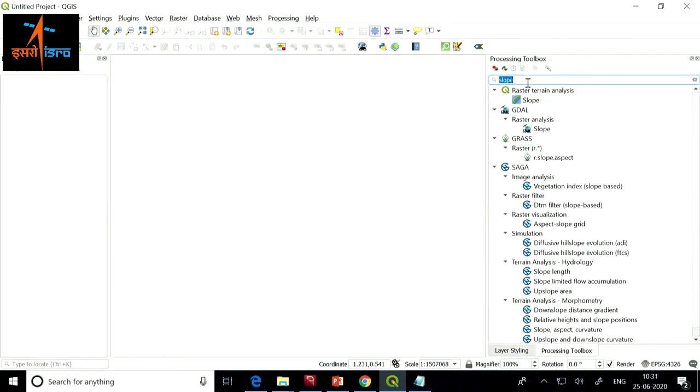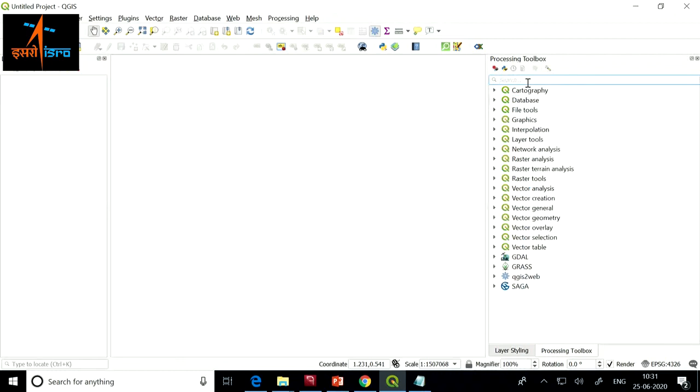You want to do some image analysis, all those options are listed here. Some of them are built into QGIS, some are borrowed from GRASS, and some are borrowed from SAGA. So there are hundreds if not thousands of tools available here, you can use as per your requirement.